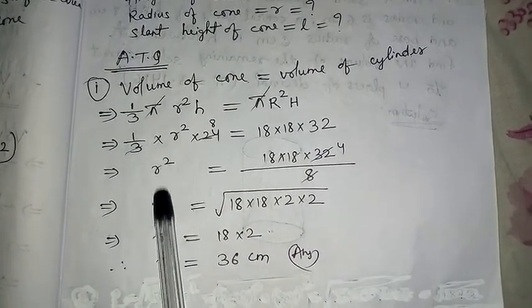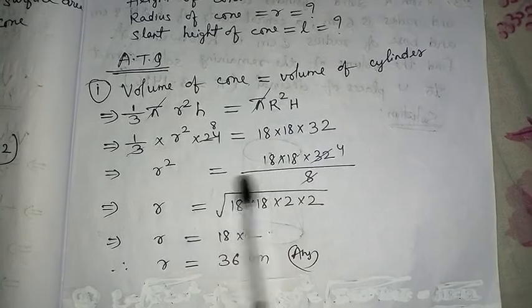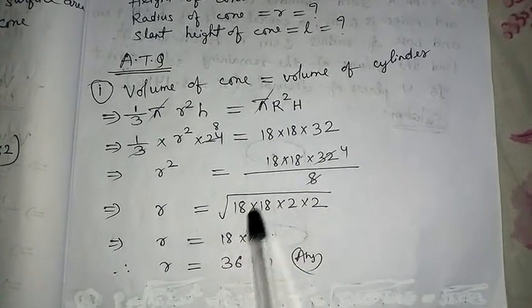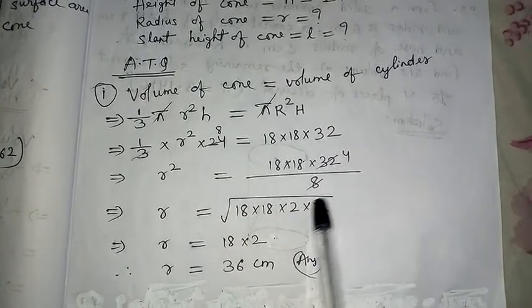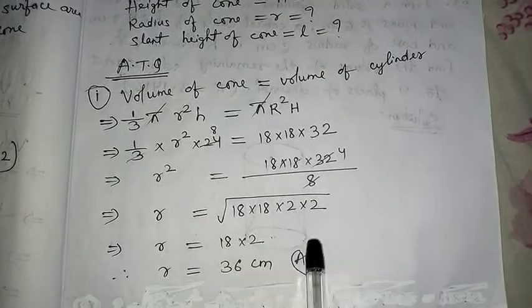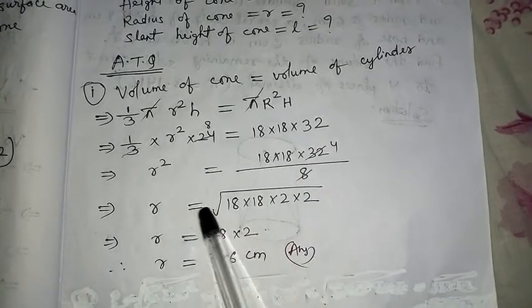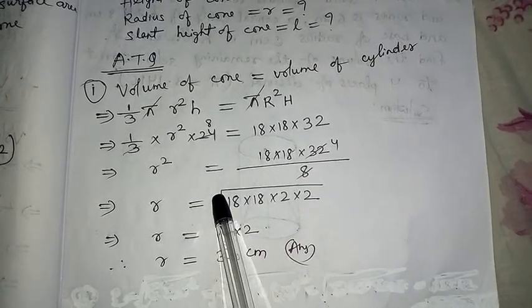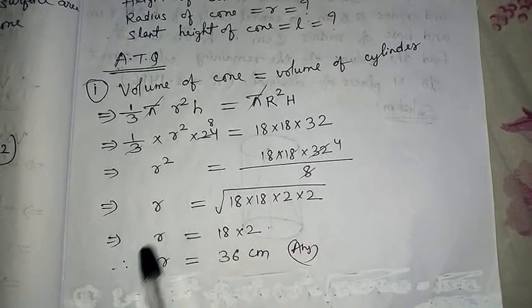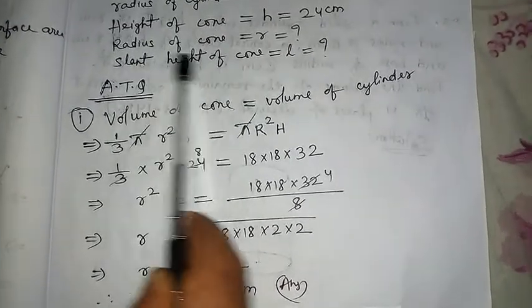So here I wrote r equals root over, because when I remove the square here I get root over. So 18 into 18 I wrote the same, but 4 I wrote 2 into 2. You know why? Because whenever there is a root, if there is a pair, one comes out and one vanishes with the root. So that's why out of 2 18s, 1 18 came out. Out of 2 2s, 1 2 came. So r equals 36. So the first answer has come.